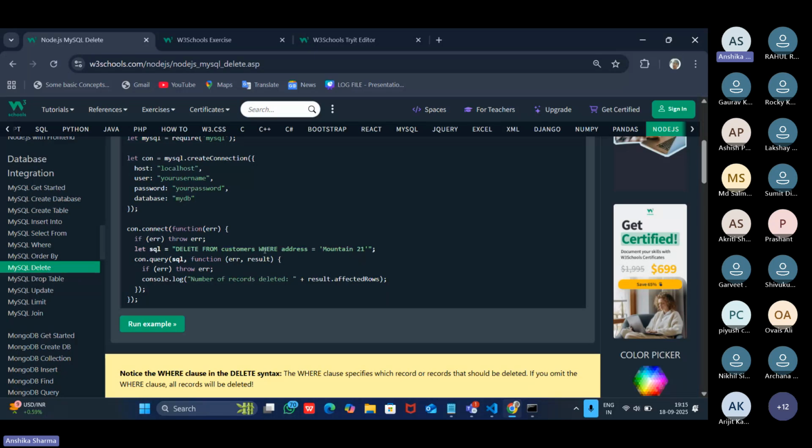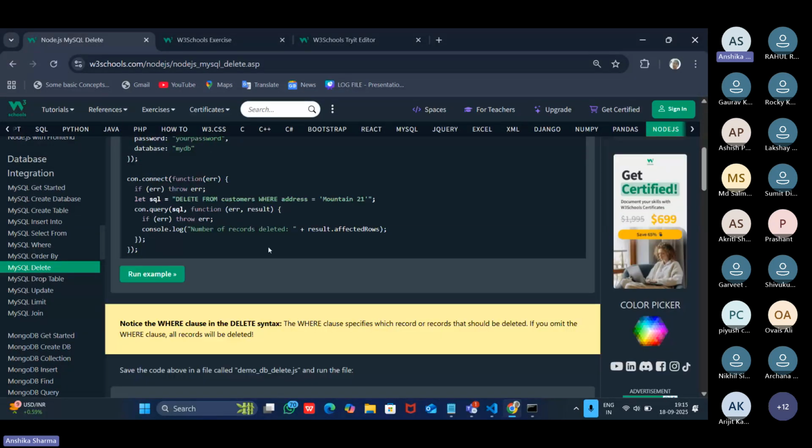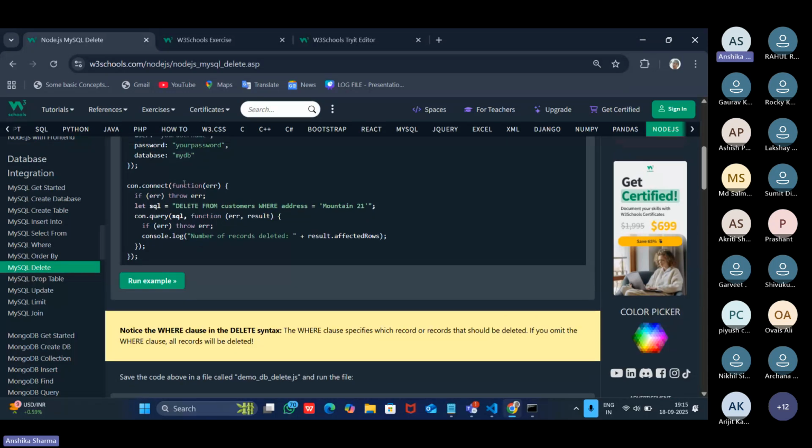21. So see, you have to make sure that whenever you are using this query, which is DELETE FROM, you should give the WHERE condition. Otherwise, what will happen? All the data from your customers table will be deleted, right? So they have even specified the WHERE condition, which is address equals mountain 21. So wherever the address of mountain 21 exists, it will automatically be deleted, and it will just